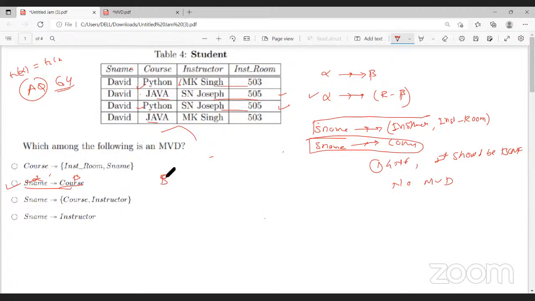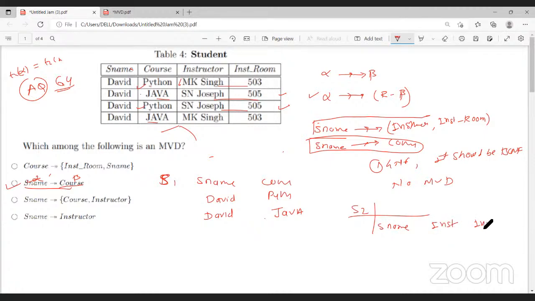So my S1 will be S name and course, that is David Python, David Java, and my S2 will be S name, instructor, underscore room. So that is David